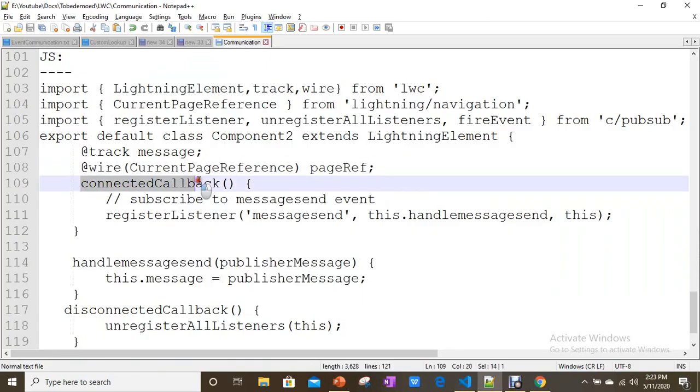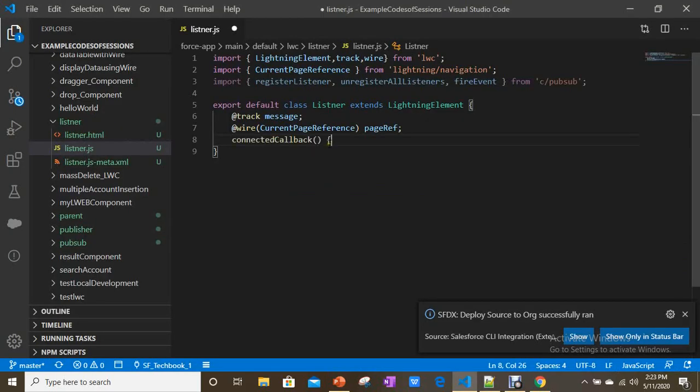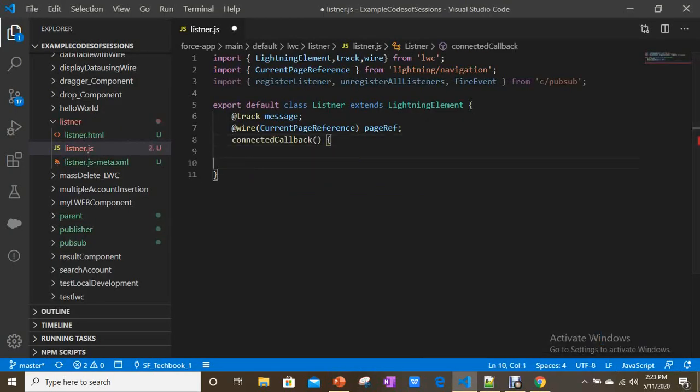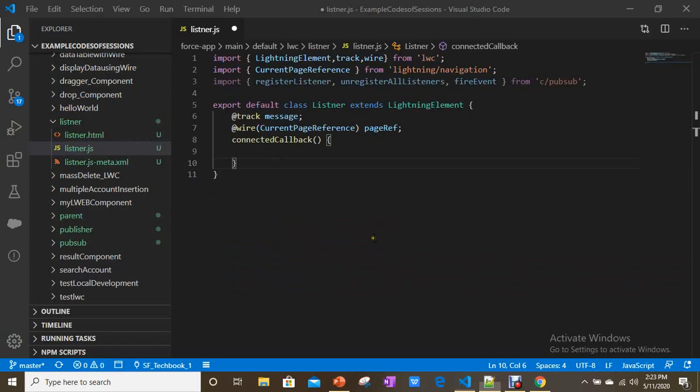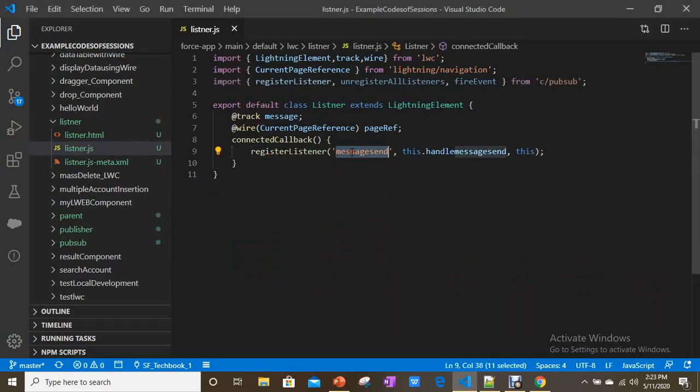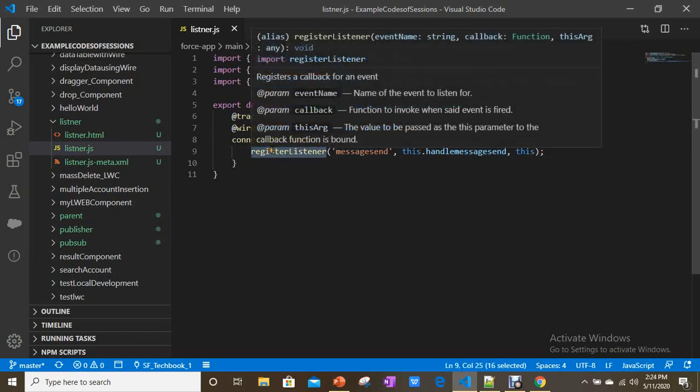After that, connected callback. That means when this page loads, then I want to subscribe to the event. What is the event name here? Message sent event we fired from the publisher. Okay, and whenever it subscribes, it has to call this also. This is the method when it fires. So now here it is subscribing, or registering, an event.